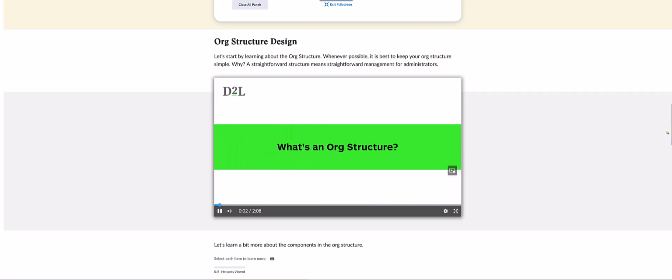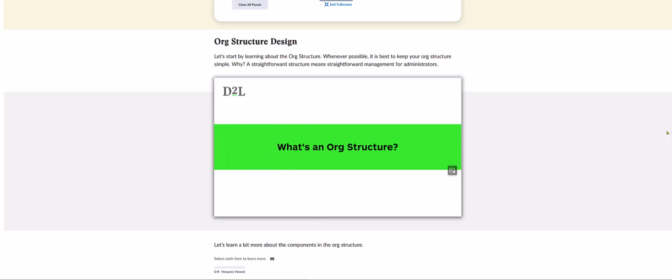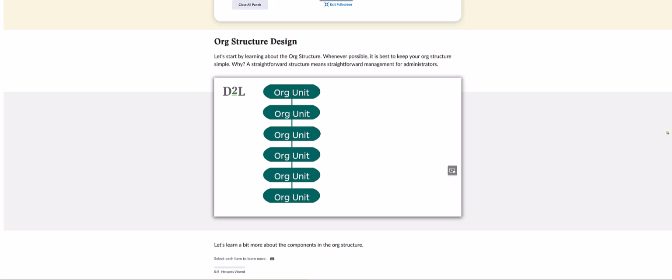Welcome to Brightspace, where your learning journey begins. Your organization, or org structure, is a hierarchical structure within Brightspace, made up of individual org units that are arranged in parent-child relationships. Within every org structure, there is a mandatory organizational level that houses the rest of the org